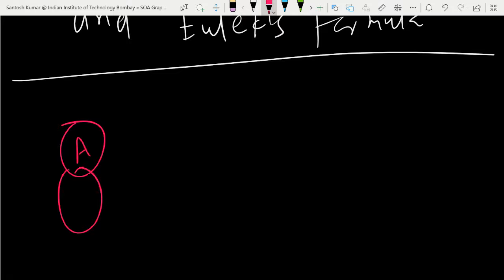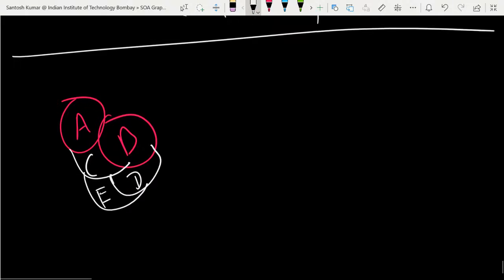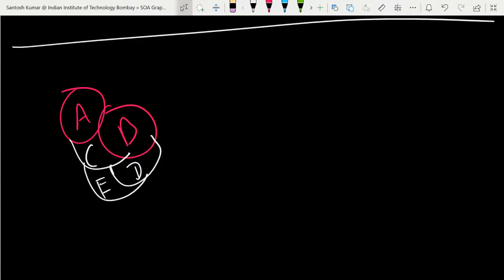Suppose this is region A, this is the region B, like this one. So here it will be C. So this region is C, suppose, and let's make this region D, and this region is E, suppose, like this. Okay, so we want to color this map in such a way that the two regions sharing their boundary will have different colors. Okay, so what we can do, we can convert this map into a graph actually.